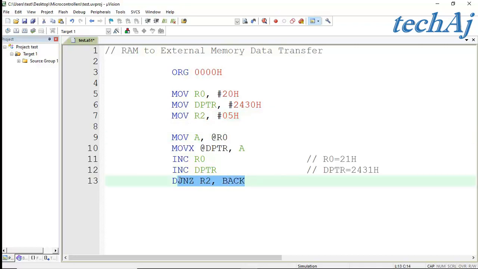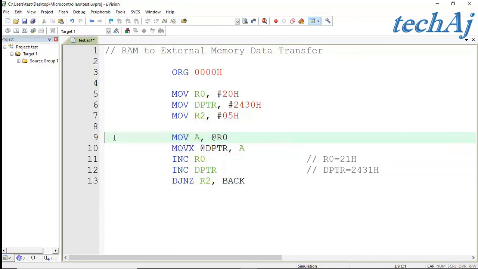So this instruction will decrement the value of R2 after every data byte transfer and compare the value of R2 with the 0. If not 0, it will jump back to this location and perform the data transfer operation for the next byte of data.